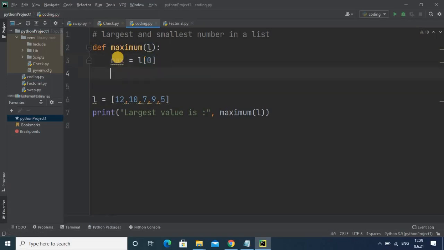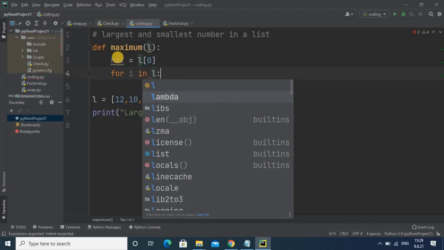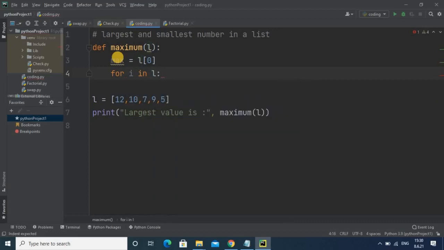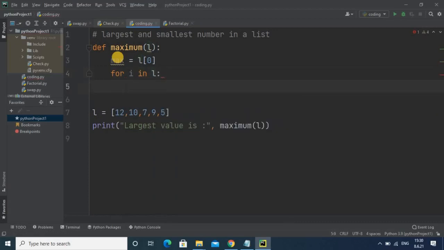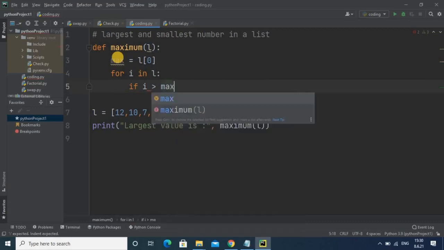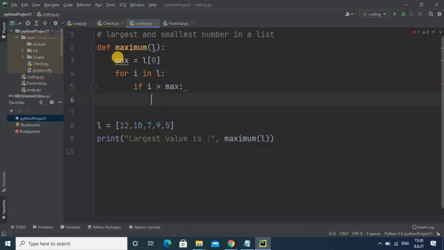And then here we have to take a for loop, for I in list, meaning that the I variable takes one element of the list. Here you have to specify the condition: if I is greater than max, meaning I is greater than the first value, then you write max equal to I, meaning we will assume that the largest element will be I.